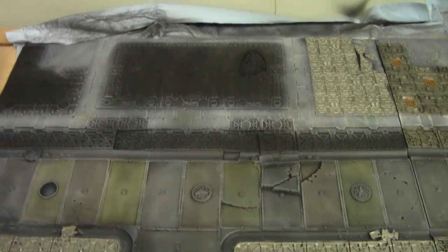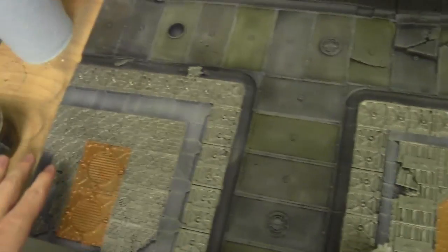So I'm back. I've given it some time to dry, so this is all dry. I'll shade it after, but I might as well just finish painting. I'll paint the sidewalk here quickly,